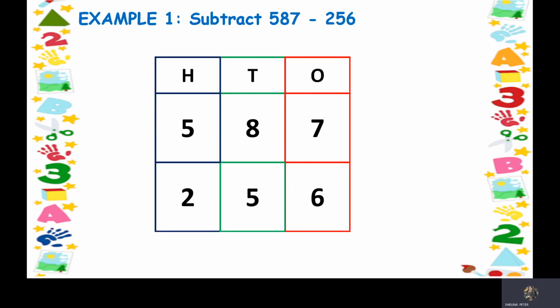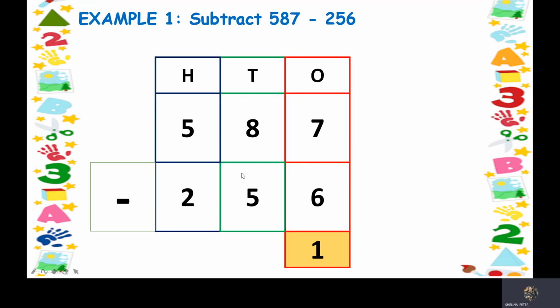As we know, we have to subtract these numbers. I'm going to put the minus sign here. Now we are going to subtract the numbers from the ones place. So remember, always count from smaller number to bigger number. So as we can see, smaller number is 6, bigger number is 7. So let's count. So we'll get 1. That means 7 minus 6 is 1.